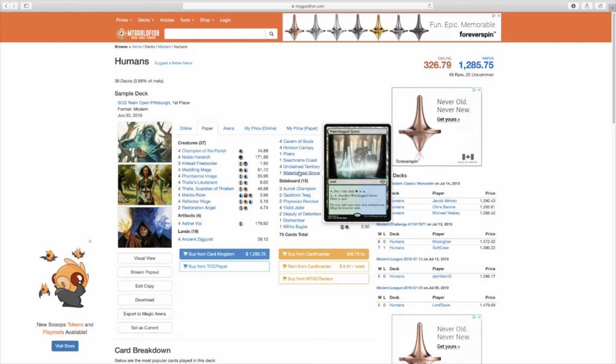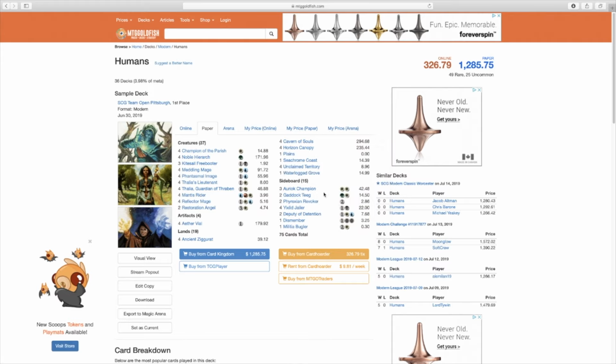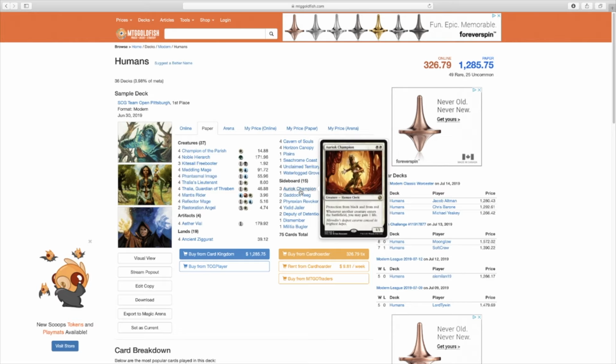Tap it to pay 1 life and add a green or a blue. For 1 colorless, tap it to sacrifice it, and you draw a card. And that is it for the main board completely. And moving on to the sideboard here, we have 3 Ariok Champion, 2 white, 1/1 protection from black and from